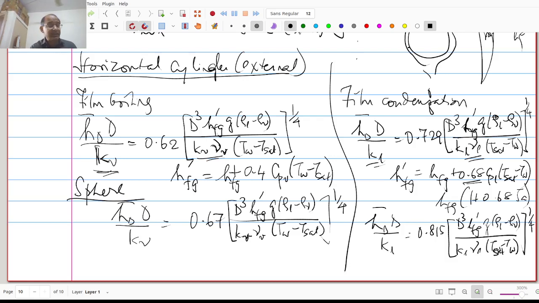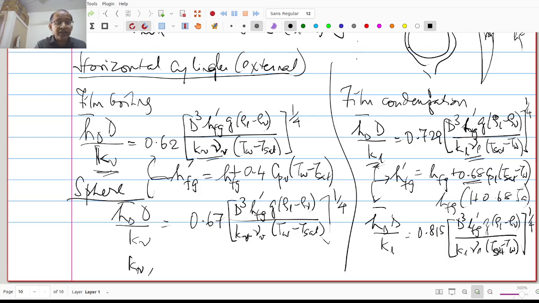So it's the same expression. The same Jacob number applies both up and here, and this Jacob number applies both here and here. And to clarify, the properties are all evaluated